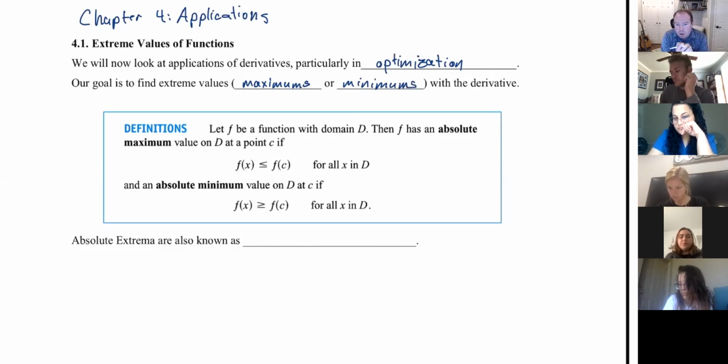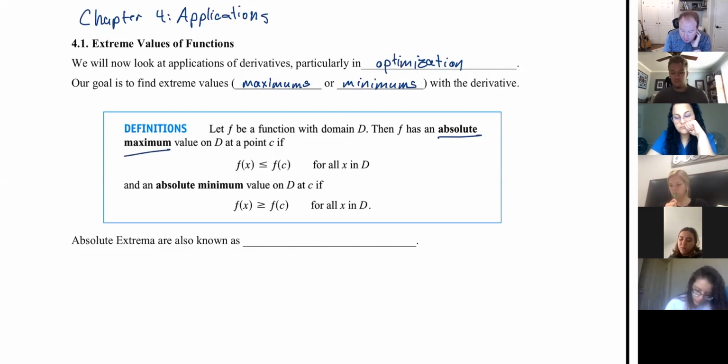If you're reading through and view an example, you'll see this notation right here. Don't get too hung up on the notation, but what we're going to start to understand is the difference between an absolute maximum and a local maximum, and then also an absolute minimum and a local minimum. So an absolute maximum is going to be some value. So it's going to be a number,